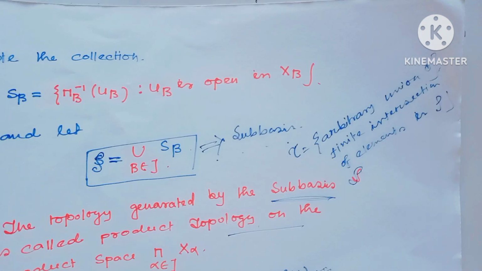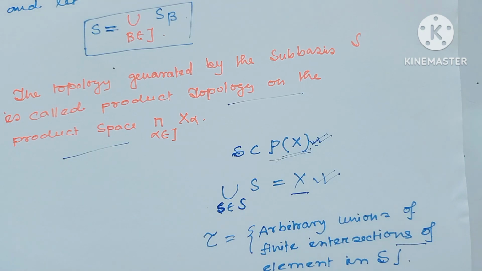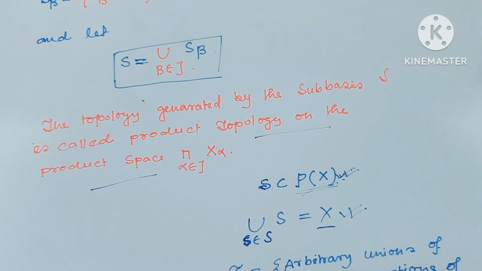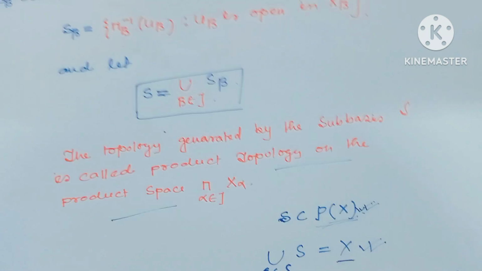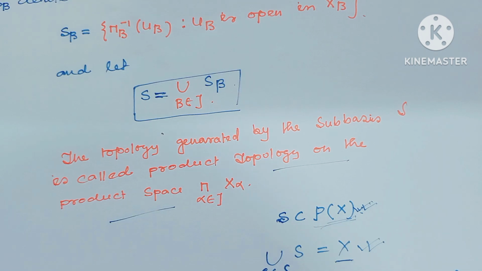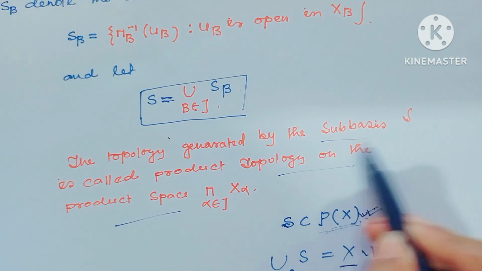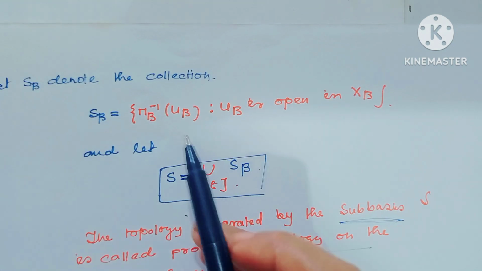Okay. And the product topology for an arbitrary family of spaces is generated by this type of subbasis, where this is the collection